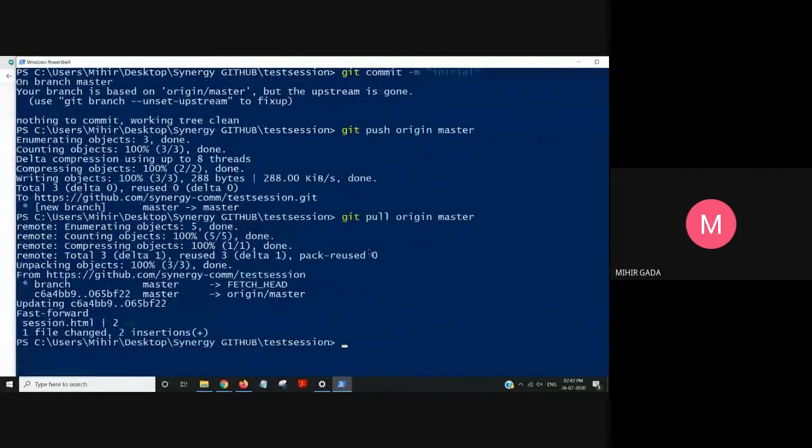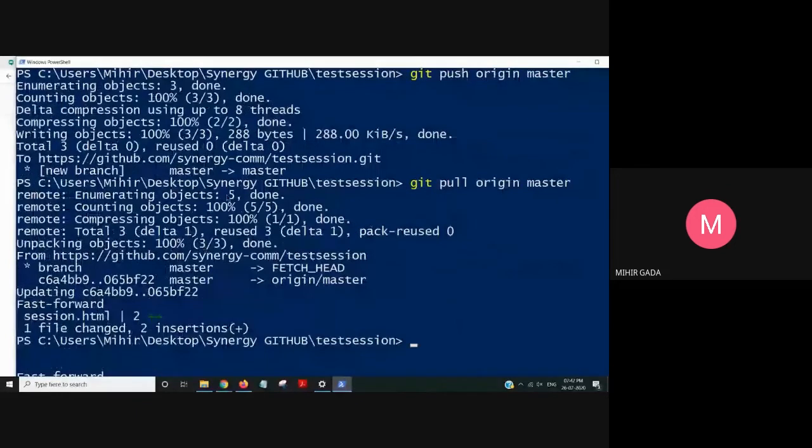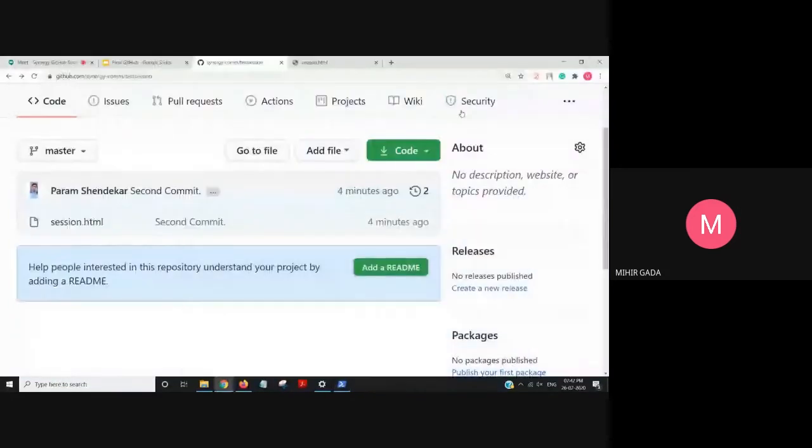You can see it pulled the changes done by Param and it is showing that two things are added into this repository. So all these things are now in my folder.